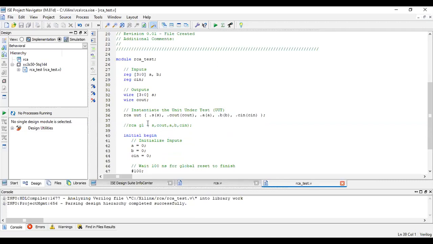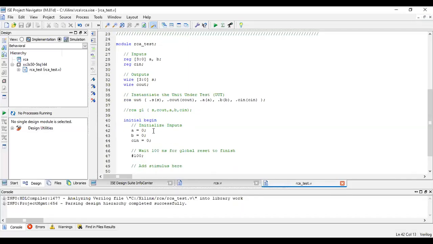Now, in the test bench we will have 3 initials. We are following the process of writing 3 initials. What is the first initial we are writing? The first initial is for the test fixture. The second initial is for the monitoring, to get the printed statements in the console window. The third initial is to stop. Now let us write the first initial.